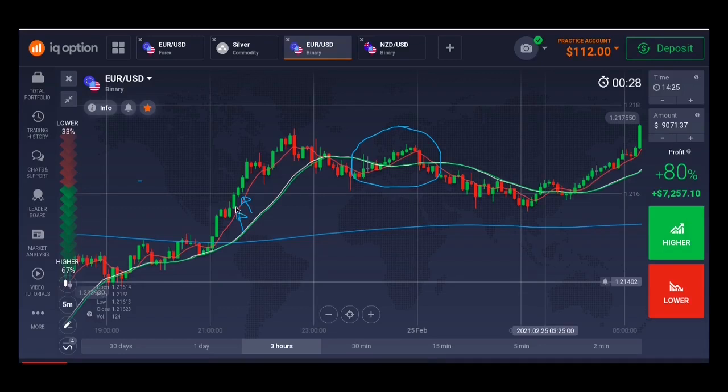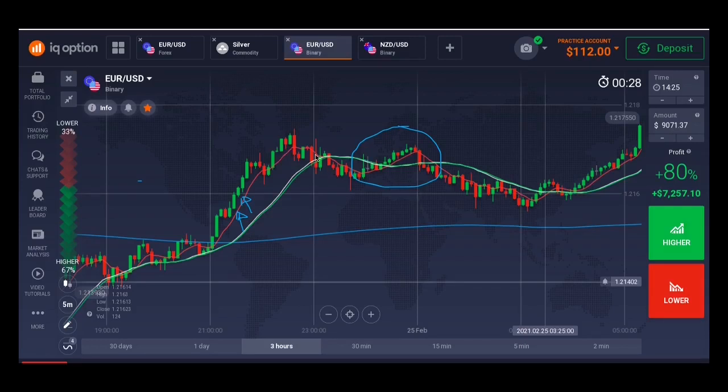You see, you're in the money here. Then you wait for it to retrace again. You see, because you already know that you are in an uptrend now. Then you wait for it to retrace. Then you wait for this candle to open and close without touching this red moving average. Then you buy. You can see you're in the money.